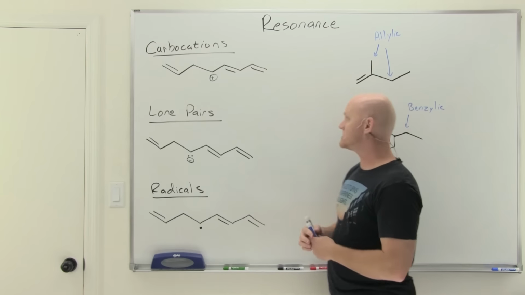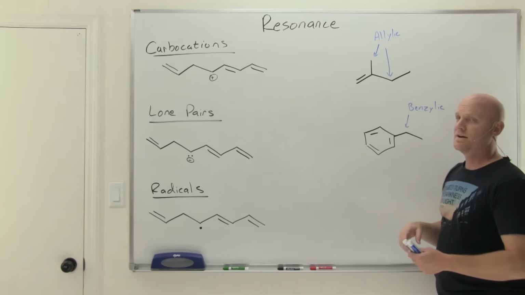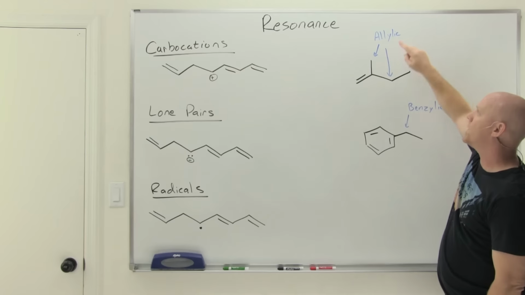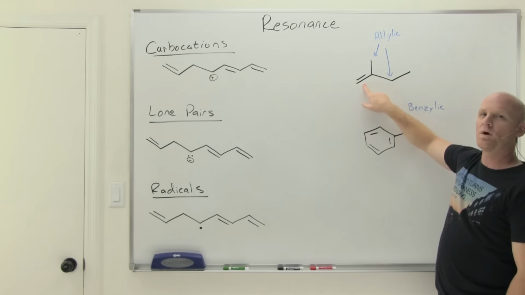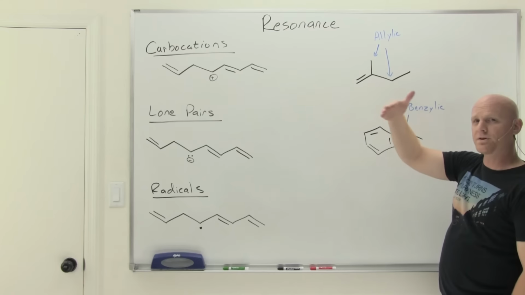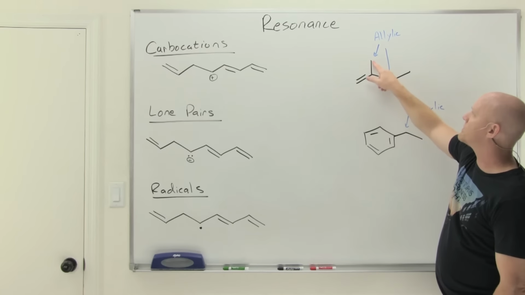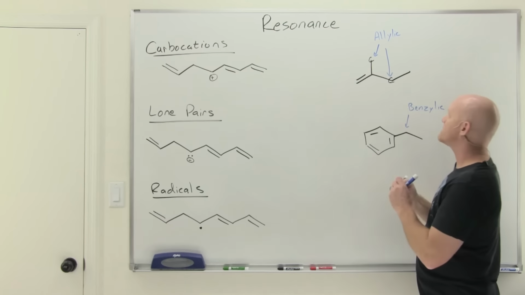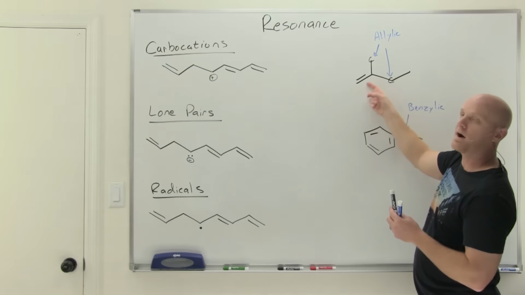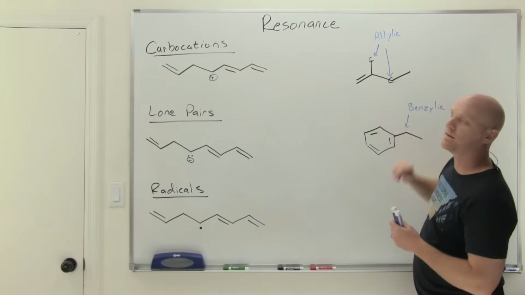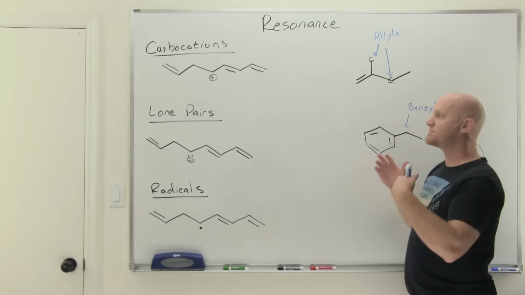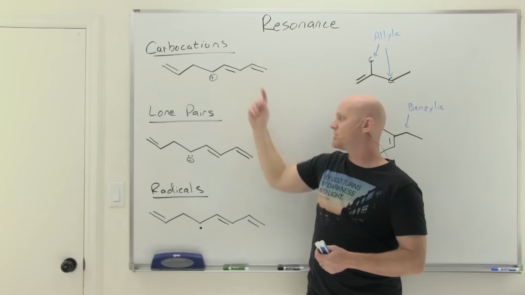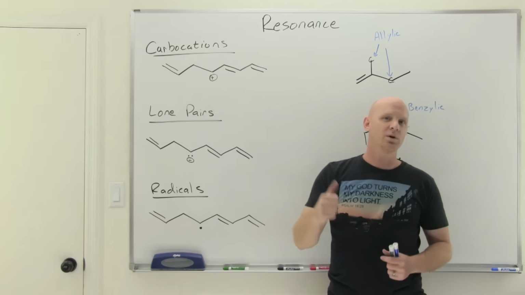Now, a couple terms I want to introduce you to, and they're the terms allylic and benzylic. If you've got the study guide in front of you, they're already on your handout there. But allylic means you are one bond away from an alkene. So an alkene, carbon-carbon double bond, we learned in the last lesson. And if you're exactly one bond away, so this carbon right here, I'll highlight with the C, and this carbon right here, they're both exactly one sigma bond away from our double bond right here. And therefore they get the term allylic. And the reason they get that term, so it's a special term, is because if on one of those allylic carbons that we've labeled, it has either a positive formal charge, a lone pair, or a radical,